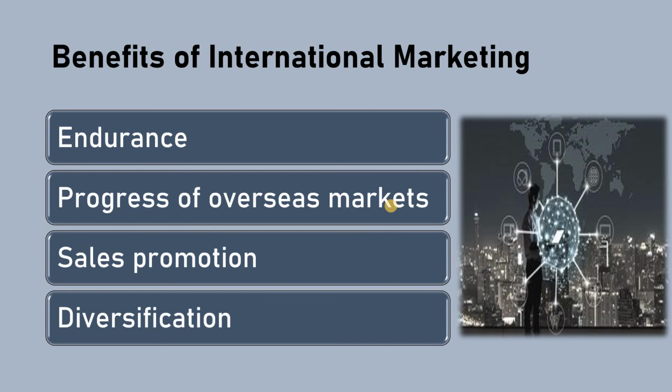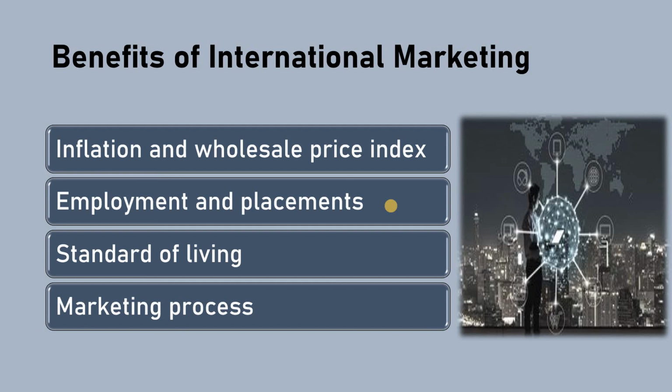Next, inflation and wholesale price index. Now, the best way to control inflation is to earn foreign exchange through exports. Imports can also be highly beneficial to a country because they constitute reserve capacity of the local economy. Without imports, there is no incentive for domestic firms to moderate their prices. The lack of imported product alternatives forces consumers to pay more, resulting in inflation and excessive profit for local